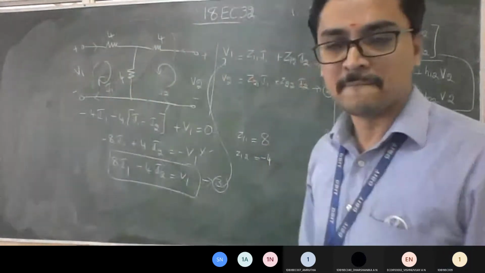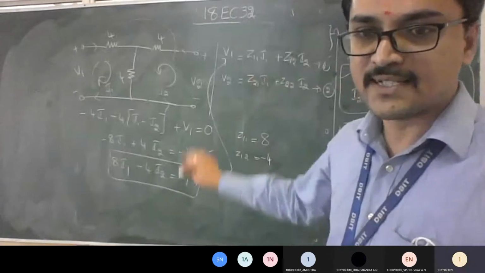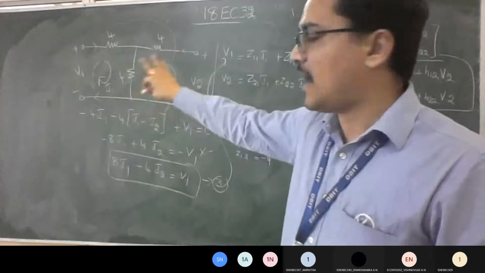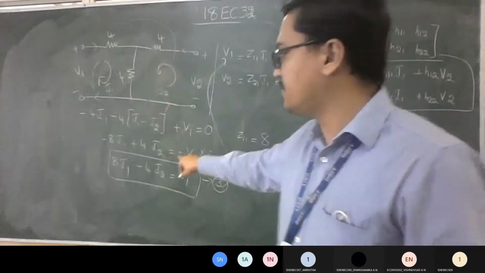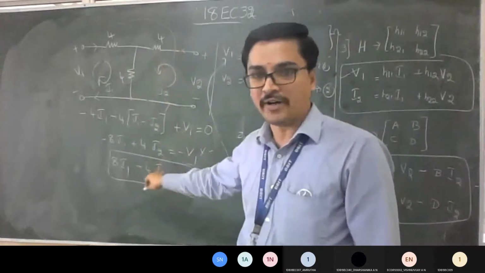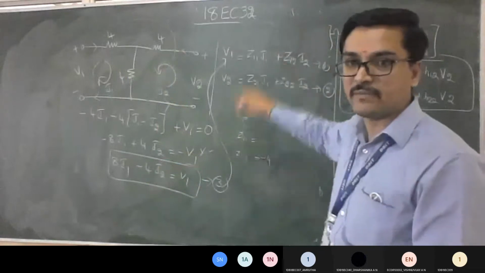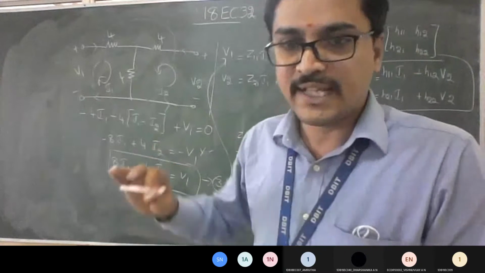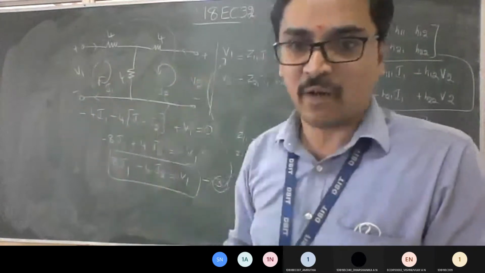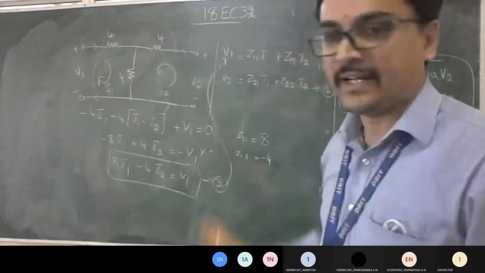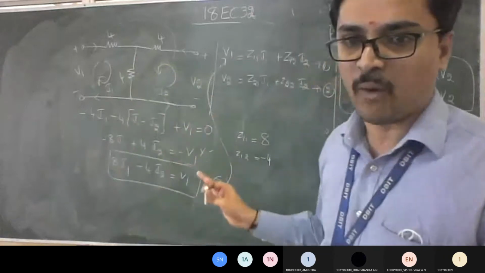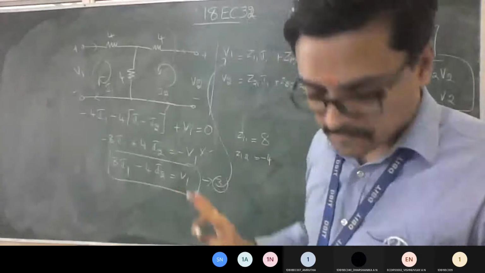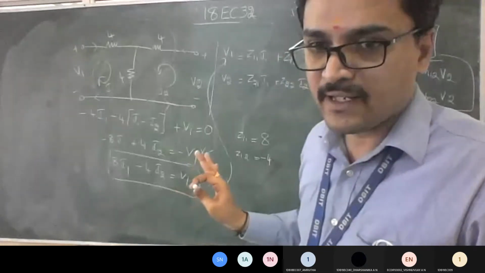Did you understand? See, just a simple problem. I just remembered the logic of KVL, applied it there and compared. If you write the equation in order and match it with this, you can write the coefficients easily. If it is not matching, then we need to rearrange with some mathematical operation, one in terms of the other, to make it match. That we will do at a higher complexity level. Now this simple problem you understand. Is it fine till here?